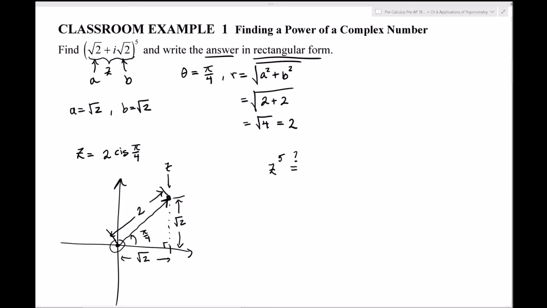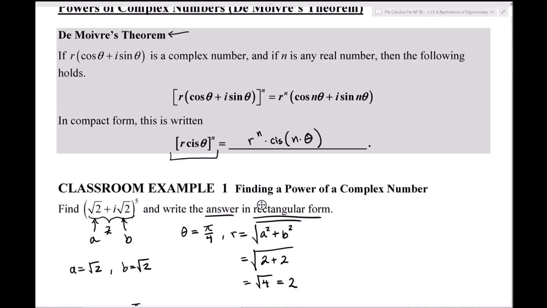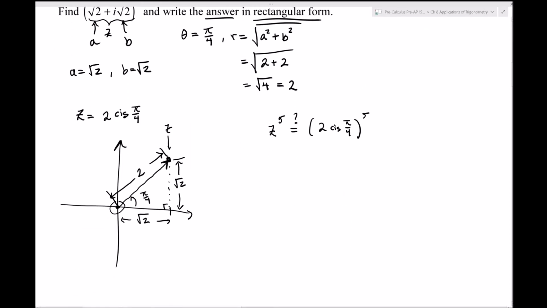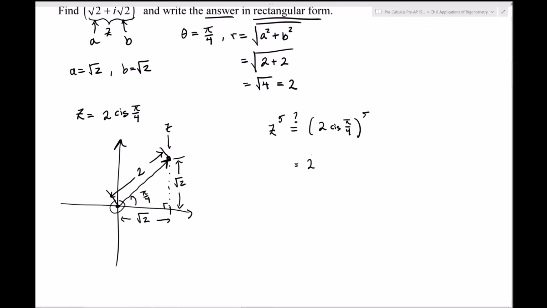So what is this equal to? I can write it out. That's 2 cis pi over 4, and then that's raised to the 5th power, if I want to stall a little bit. But there's a formula for it, which we wrote up over here. The formula is, if I want to raise some complex number to the nth power, generally speaking, then you raise the modulus to the nth power, and then you just take n times the angle. So in this case, this is going to equal 2 to the 5th power cis 5 times pi over 4,